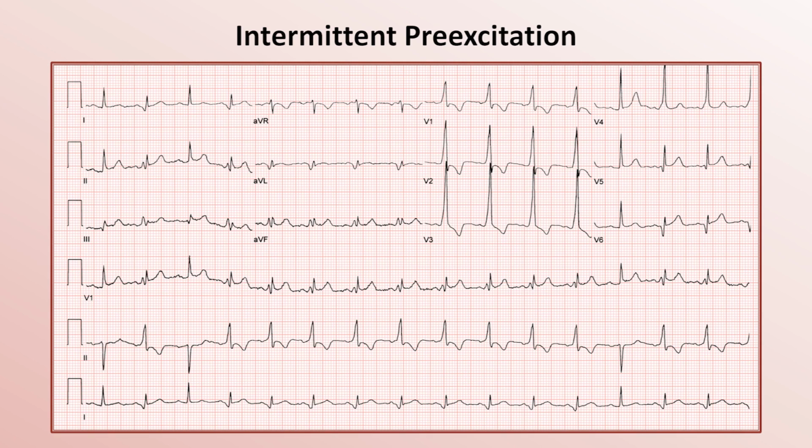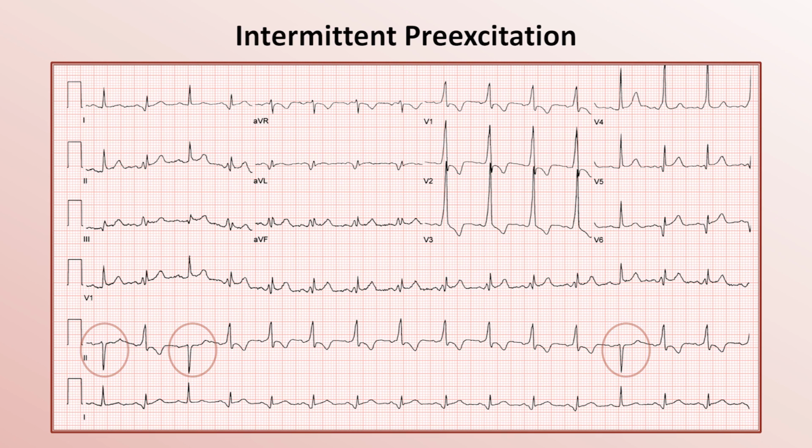Finally, there are a tiny number of patients whose EKG demonstrates something between manifest WPW, in which there are always delta waves present, and concealed WPW, in which there are never delta waves present. These patients have intermittent preexcitation, in which some QRS complexes have delta waves and some do not. Consider this EKG. Most of the QRS complexes here are wide, with a delta wave. However, the first, third, and 13th beat of the EKG have nice, narrow-looking QRS complexes, preceded by a normal PR